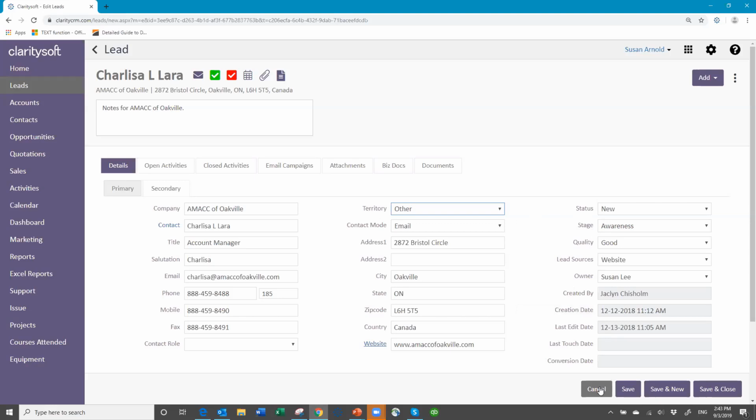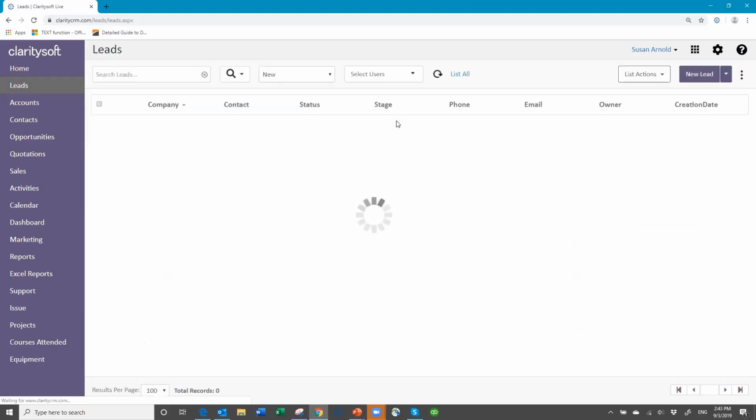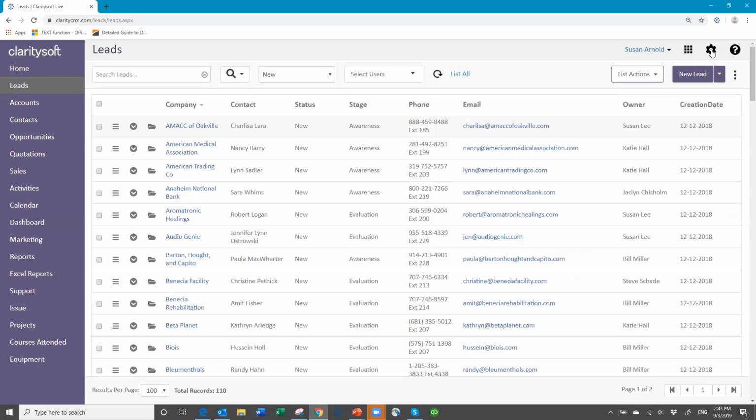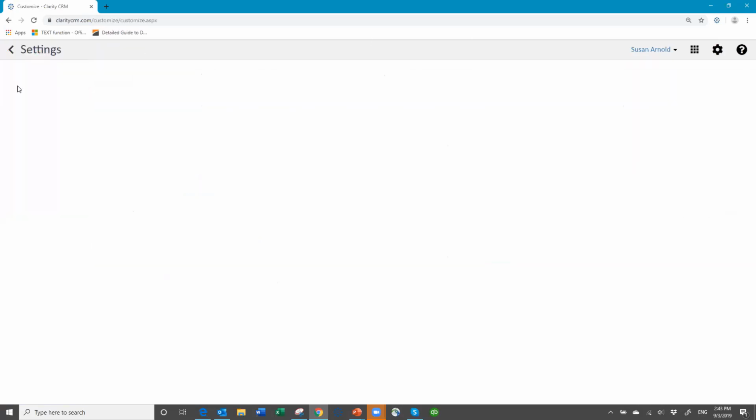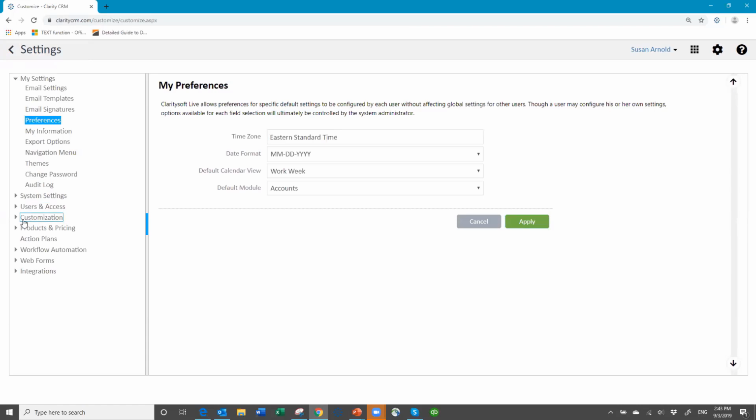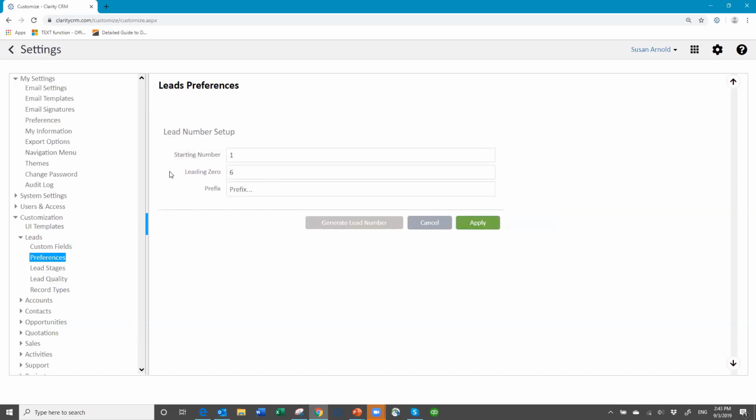So I just wanted you to see that, because now, how in the world do you add custom fields? You go to Settings, and in Settings, you go to Customization. And under here now, you're going to see all of your modules. So when you go to a module, it expands and it gives you the pieces of information that you can customize. Now in leads, we have custom fields. For each of the modules, you have preferences. You can set up numbering systems